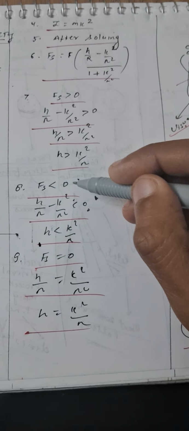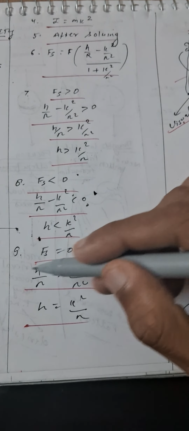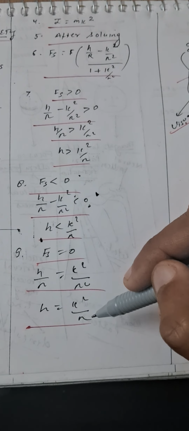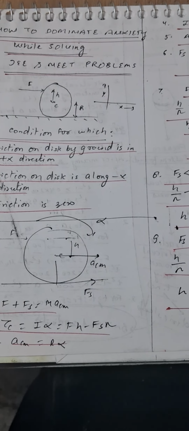Similarly, if friction acts downward, then it will be negative. So h will be less than k square by R, and friction will be 0 when h is equal to k square by R. So this is a simple algorithm to solve this particular question. But